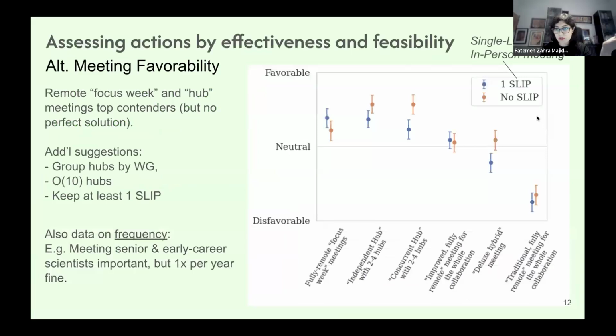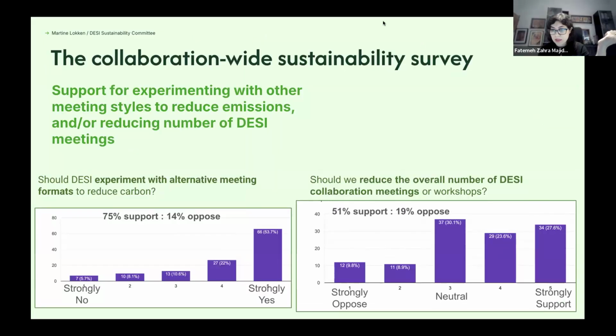Can I bring up a question from chat that Paulo is asking? He's asking, have you tried to convert the sustainability actions into cost savings for the project? I am asking because I found this is the main driver to convince people this may be useful in my collaboration. We did, yeah. There was a section, because that was actually a request from the DESI leadership that we try to estimate the cost savings. So there was a section in the report that tried to convert some of the recommendations into savings. I don't remember any of the numbers off the top of my head, but yeah, we made sure.